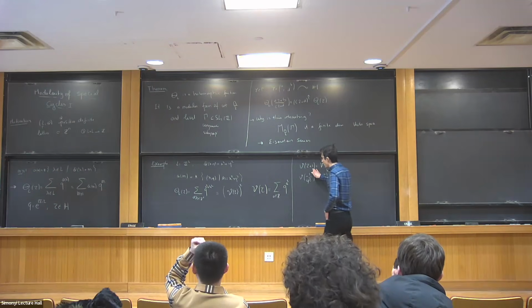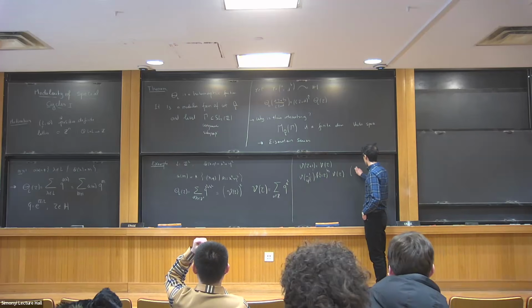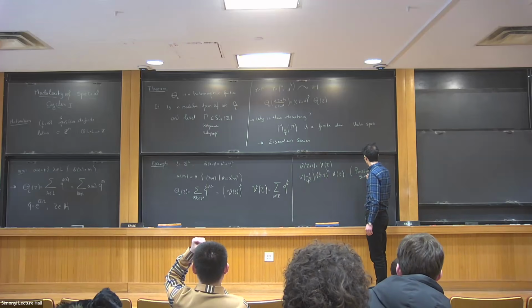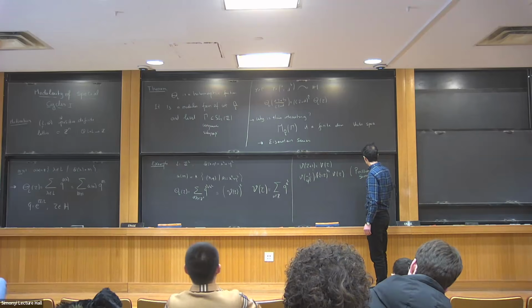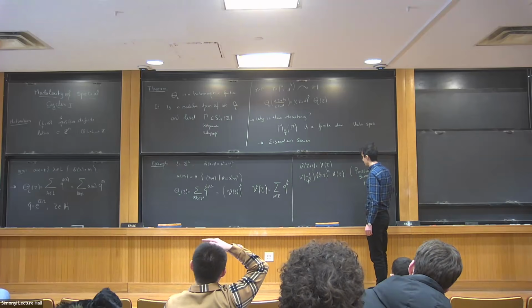So this is easy, just because q is already one periodic, and this is just the Poisson summation formula,